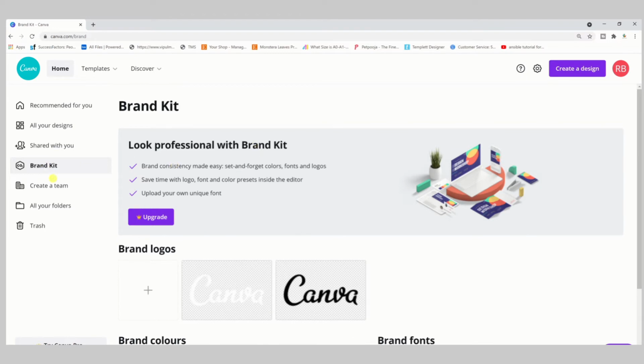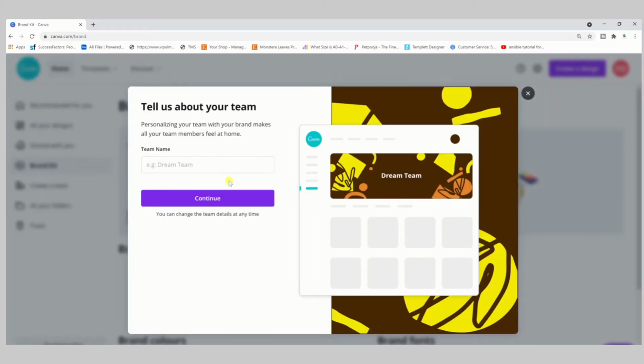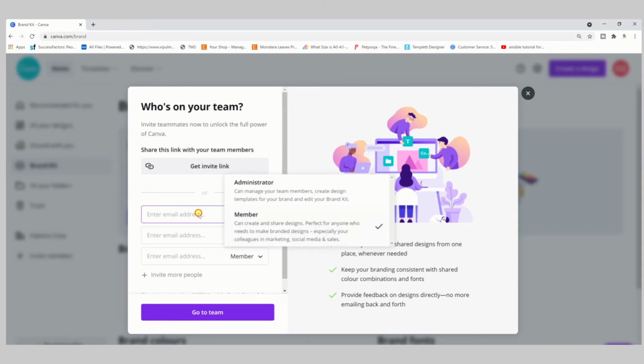And this is brand kit. Brand kit is for the Pro and Enterprise level. You can create your own team and share the workspace for all your designs. I am creating a FabArts crew over here. This way you can maintain your designs and suggest changes.